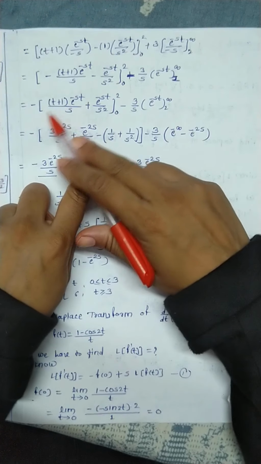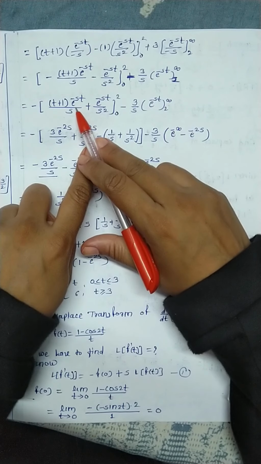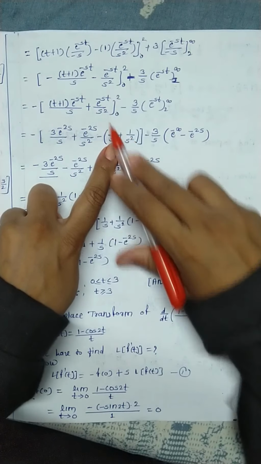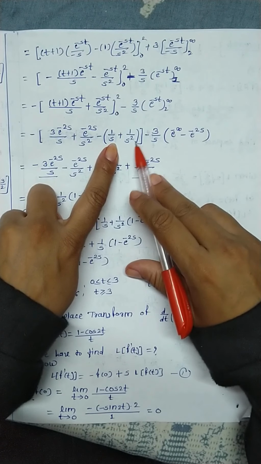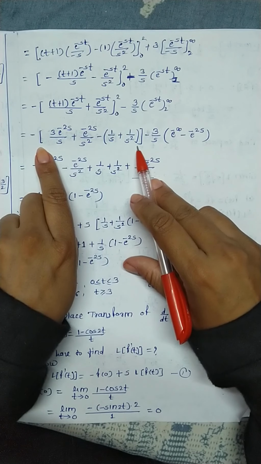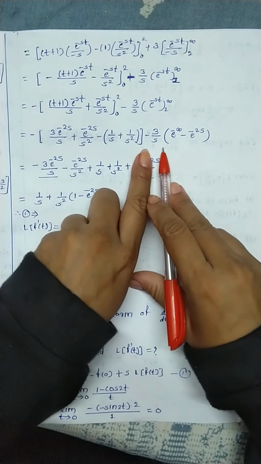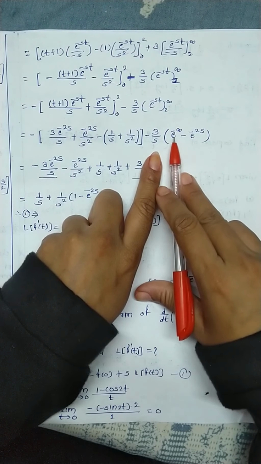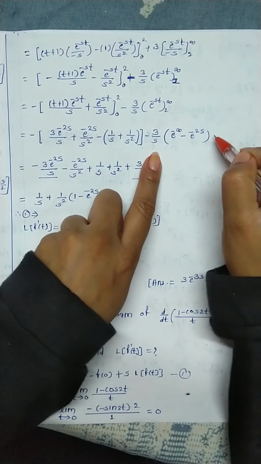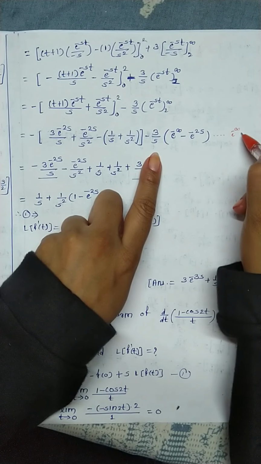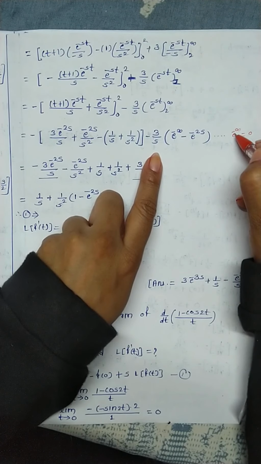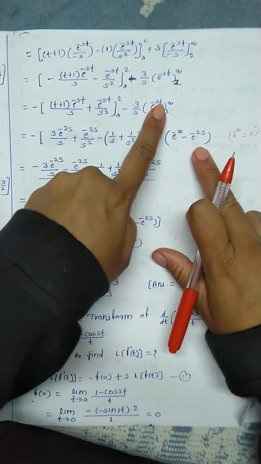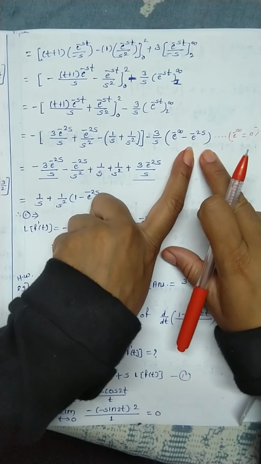Now we get 1. This is 0 plus 1 is 1. e raised to 0 is 1 upon s as it is, plus again e raised to 0 is 1 upon s square. Lower limit complete, full integration complete. Okay, now minus 3 upon s as it is. Now upper limit, e raised to minus infinity becomes 0, because we know e raised to minus infinity is 0. Remember that. Okay, and lower limit e raised to minus 2s. Yes. Okay, this is the answer.